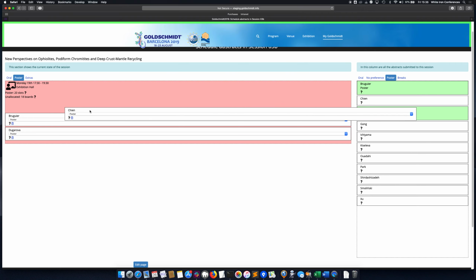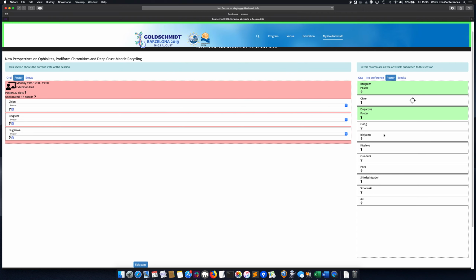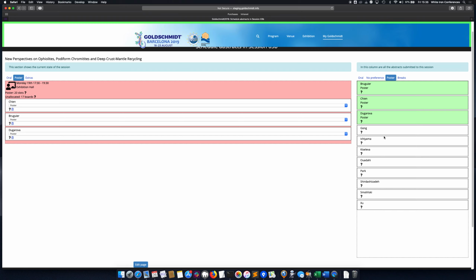For the flash talks as well, we are automatically going to schedule everyone that the conveners have given a flash talk to. We will also give them a poster as well. I think they'll then have an opportunity to opt out of that, but we'll automatically schedule them as posters. But you again can